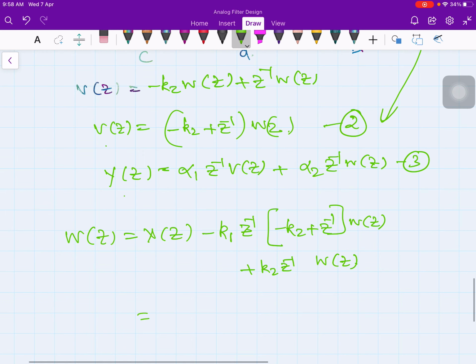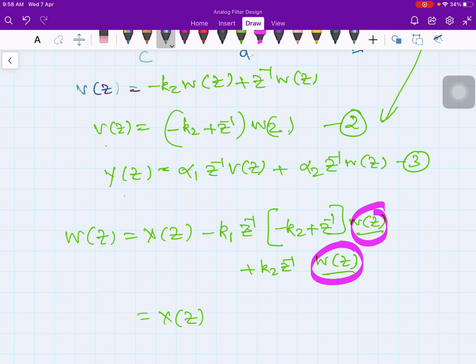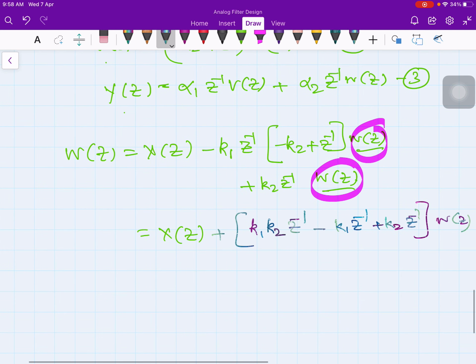Now x of z, then you take w of z commonly outside these two, therefore this is plus k1 k2 z inverse minus k1 z inverse plus k2 z inverse multiplied by w of z, and take this to the left hand side,